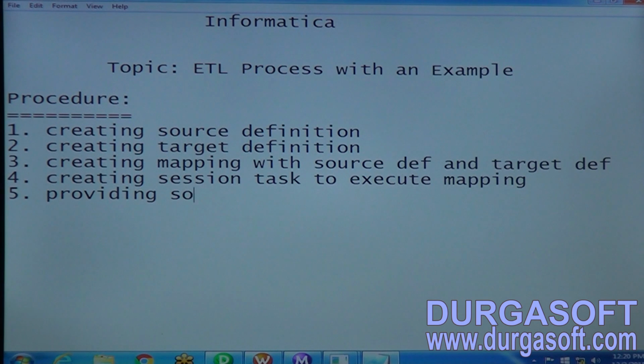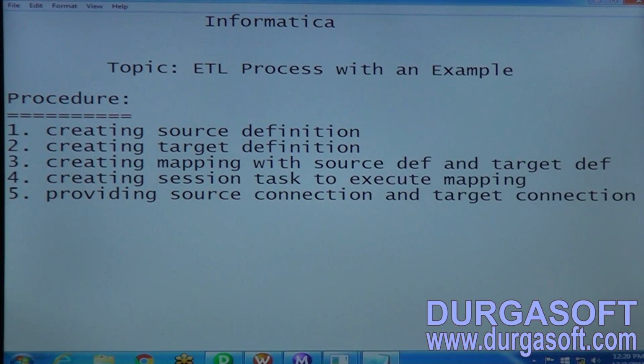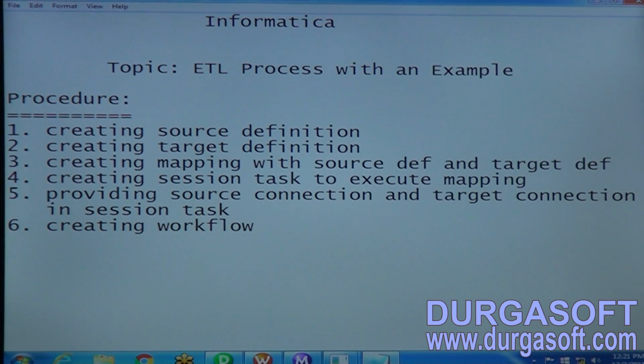Providing source connection and target connection in session task. Creating workflow to execute session task.